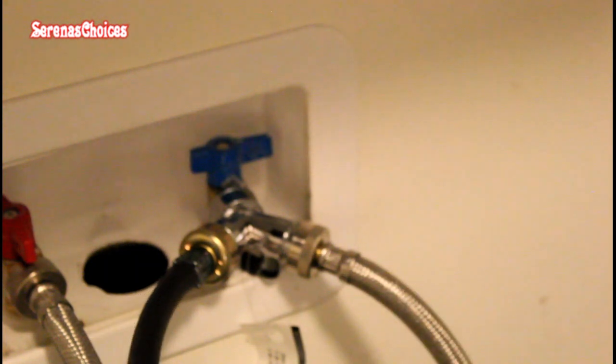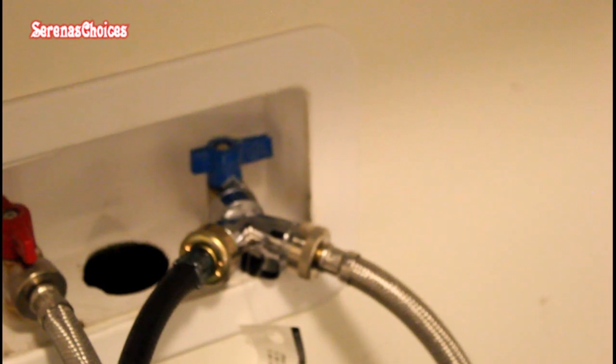And now we will connect at the back. One connection for the washer and the other one for the dryer. This is the back of the dryer. Just make sure you read it says cold. Take off the cold attachment. Just unscrew this one because I'm going to put this one that's longer at the bottom of the dryer because I need a long one connected to the dryer. So I unhook that,